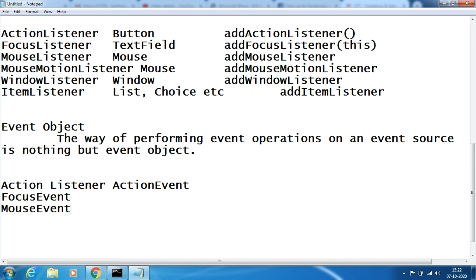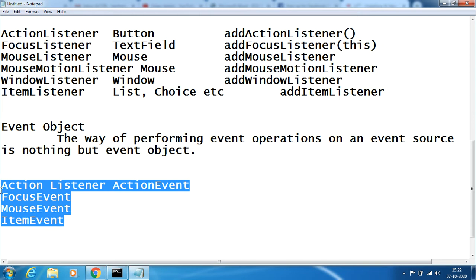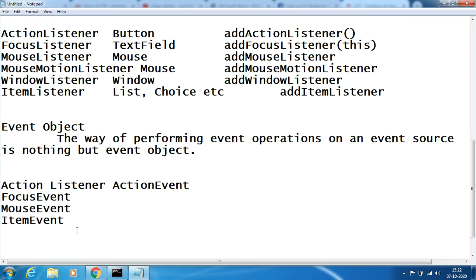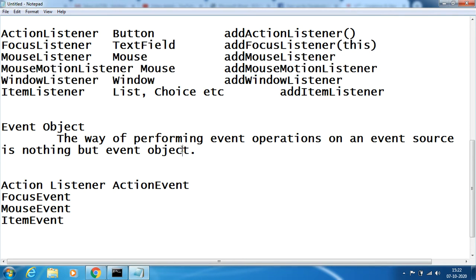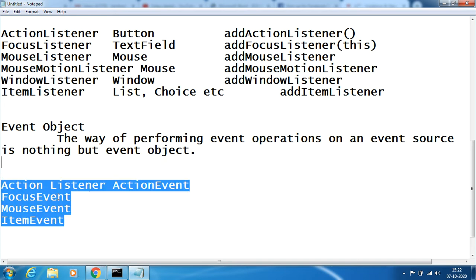If you take mouse motion listener, we have mouse event. Item listener, we have item event. These are the different events that can be performed on a particular event source. So performing of different event operations on the event source is done by event object. These are called event objects.